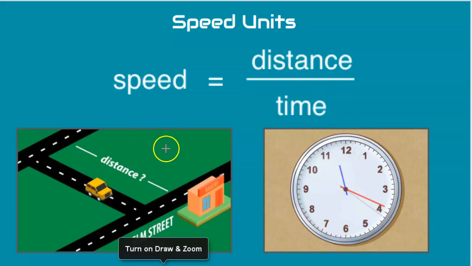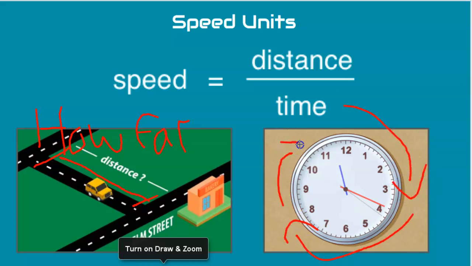Now, distance refers to how far something goes, how far something is away, or how far something travels. So distance is like this car, this street. This is a certain distance. Time is like a clock. It's how long something takes. In this case, a clock would measure minutes or hours, but of course time can be measured in a variety